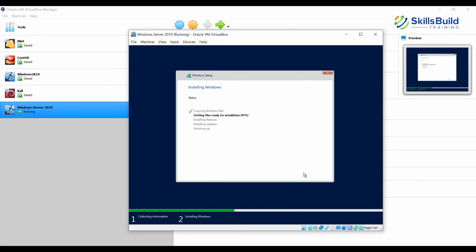Now, quickly, some of the features that are available in the Data Center Edition but not in the Standard Edition. Shielded virtual machines are not available in the Standard Edition, but are available in the Data Center Edition. Software-defined networking, or SDN, is also not available in the Standard Edition, but is available in the Data Center Edition.